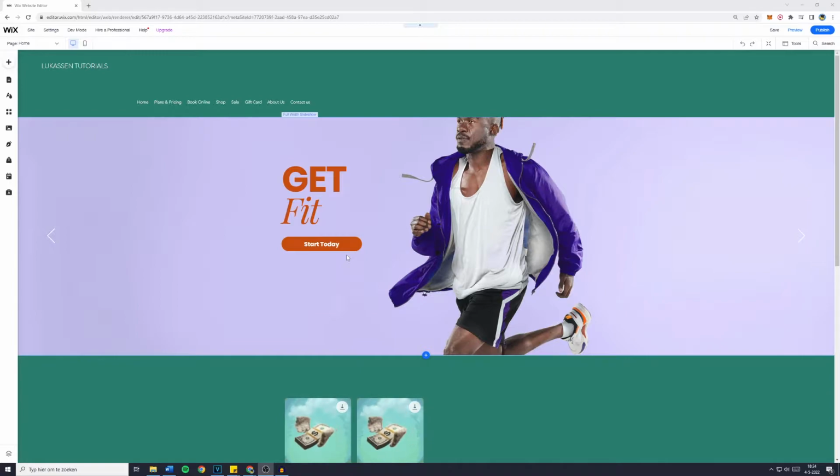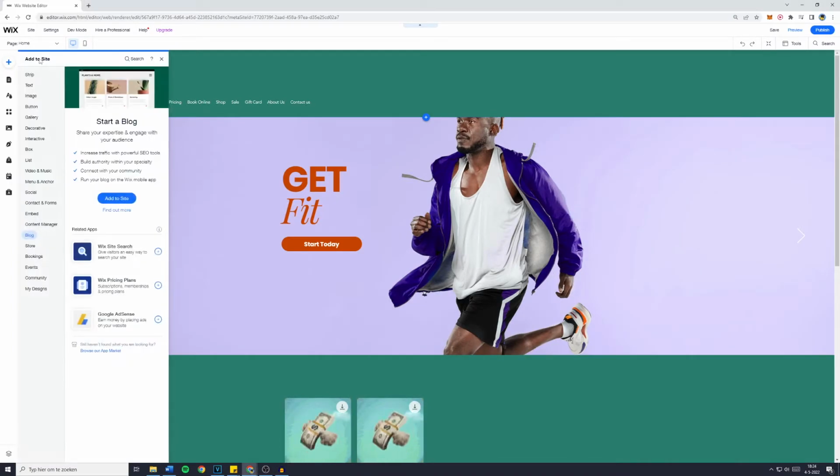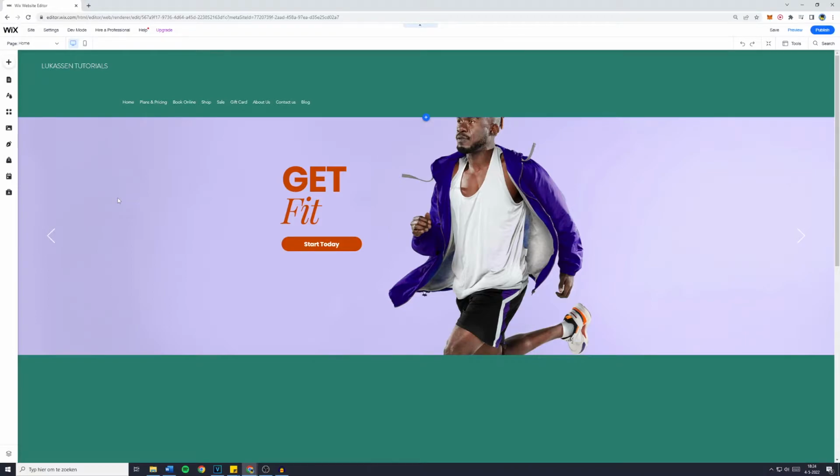First off, you want to go over to the Wix site editor, and once you're on this screen, you simply want to go over to the add button and go over to blog. You'll then see start a blog, share your expertise and engage with your audience, increase its traffic with powerful SEO tools, build authority within your specialty, connect with your community and run your blog on the Wix mobile app. So what you want to do is to click on add to site and then Wix will add the blog